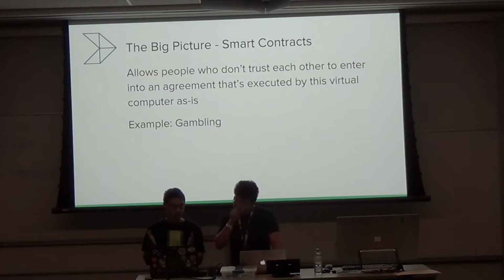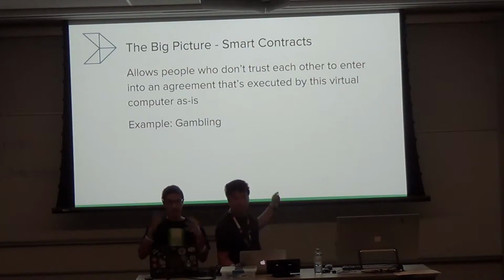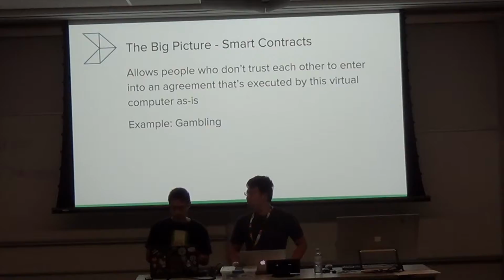So you might ask, why would you want to deploy a smart contract? Why would you want to use this? We'll give you an example, which is gambling. Say we all have a lottery, we all buy a ticket, but we need some trustless way to determine the results and determine who wins. Because in the real world, we all have incentive to try to sabotage the system and steal from the lottery. If one person owns the computer and they also bought the lottery ticket, then they probably want to sabotage the computer to make themselves win.